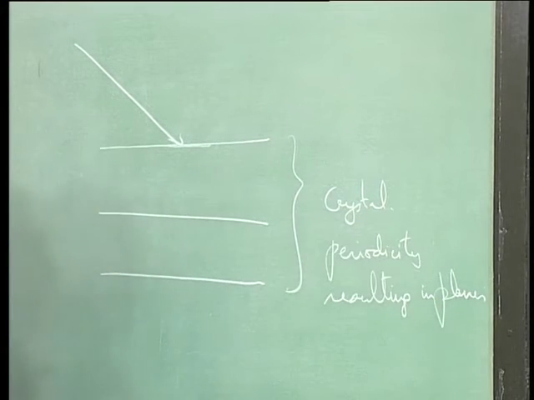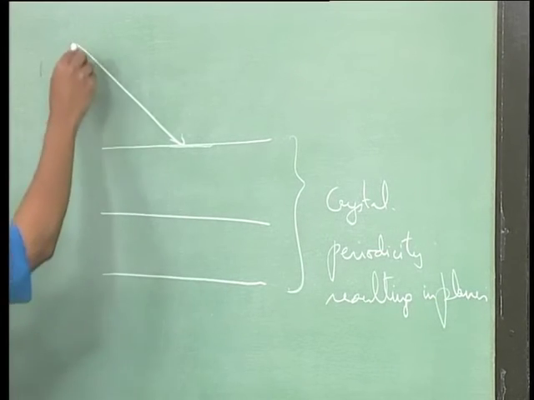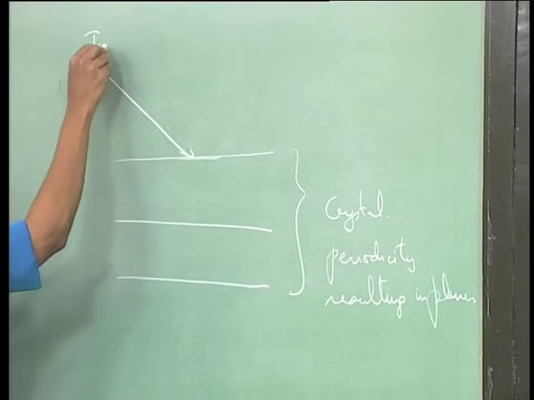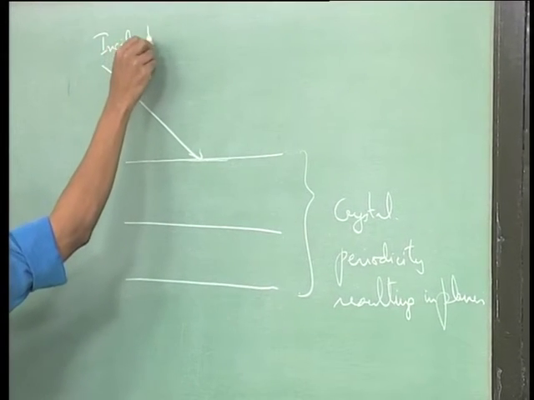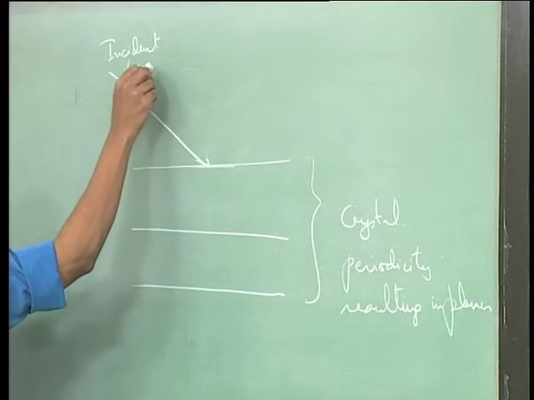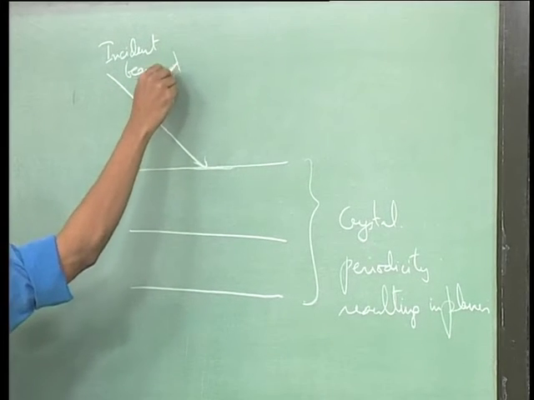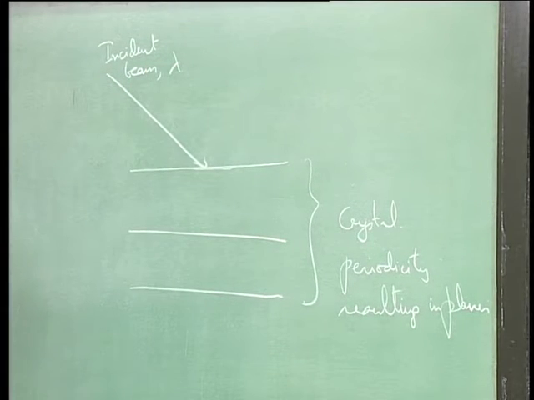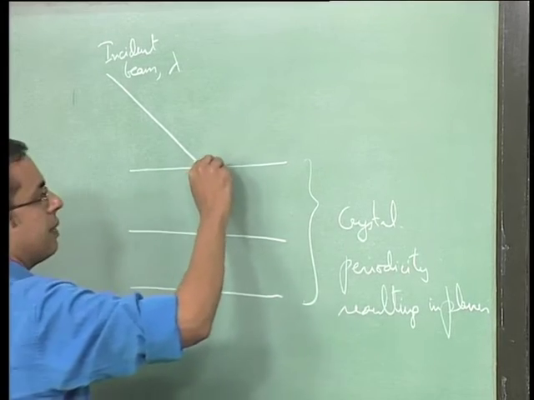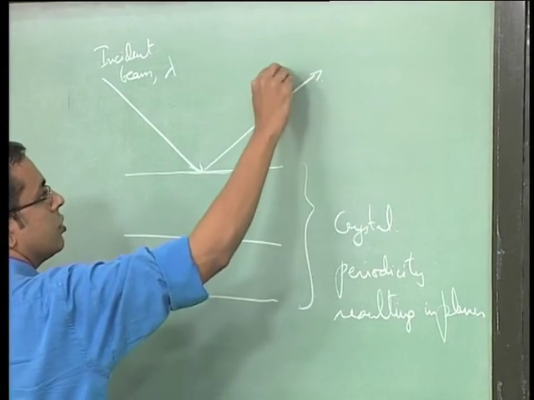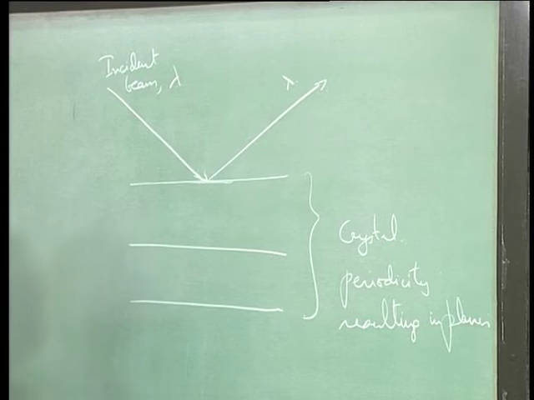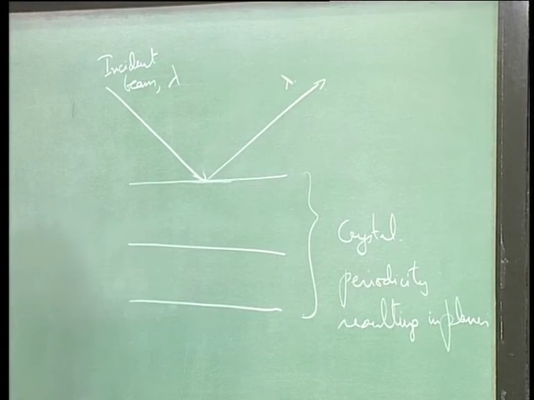The crystal periodicity permits us to define these planes. So we have an incident beam of wavelength lambda, coming in with some wavelength lambda. Then we look at a diffracted beam also at wavelength lambda. So we are assuming that the interaction is such that the wavelength is not being modified